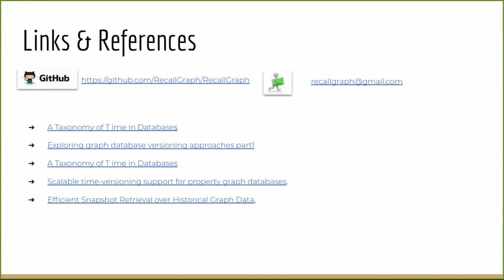So here's a list of links and references that go much more in depth into some of the topics that I have only very superficially covered in this presentation. They explain the concept of bitemporality in much greater detail, different approaches to graph database versioning, and also how to go about scaling time versioned graphs. I will put up a link to these slides, and if you're interested, you can follow some of these links to enhance your knowledge to a deeper level.